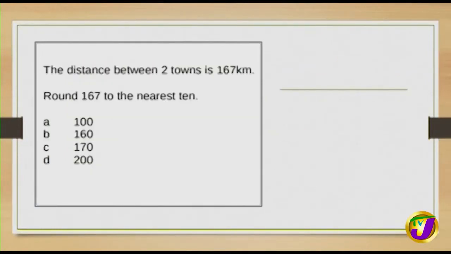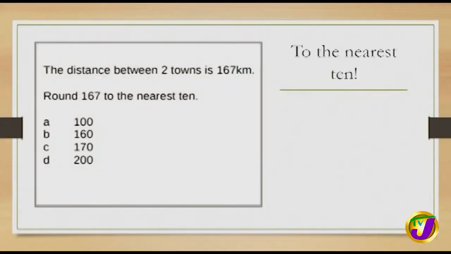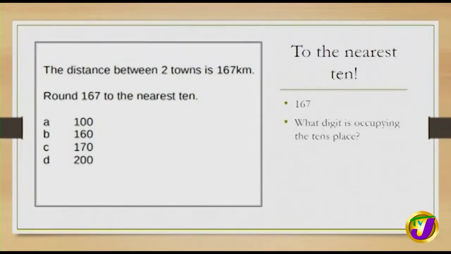All right. So we're at another little section here. The distance between 2 towns is 167 kilometers. Round 167 to the nearest 10. So we've left the decimal, we're back to whole numbers. Let's see what happens here. So we want to identify again what digit is in the 10th place. And that digit would be 6. So 6 is in the 10th place. We look to the right of the 6. We have 7. 7 is greater than 5. So we round the 6 up by 1. The number becomes